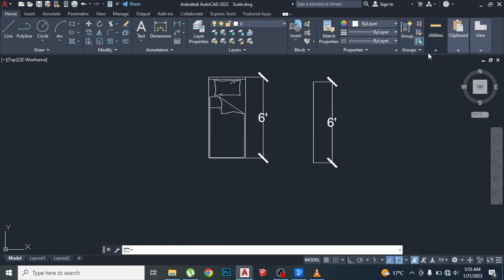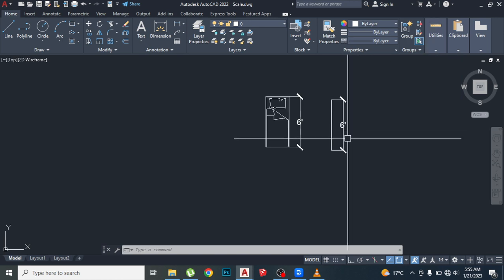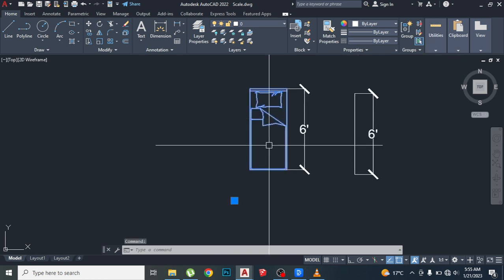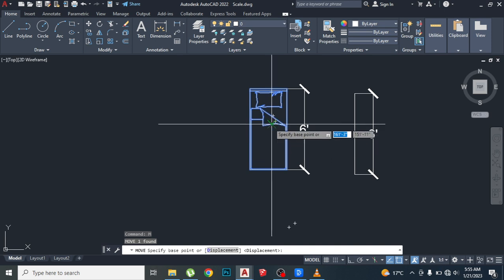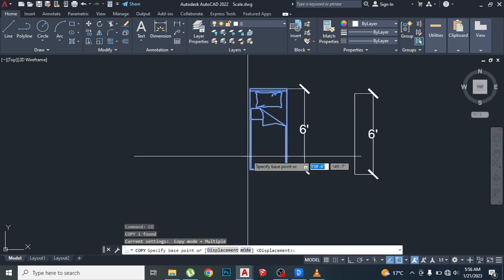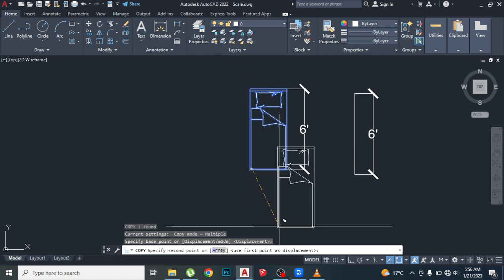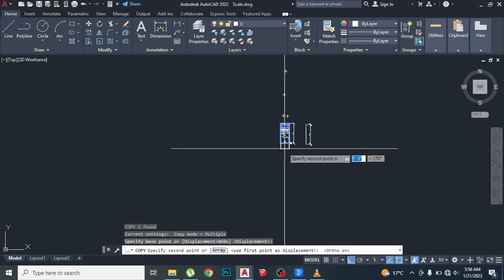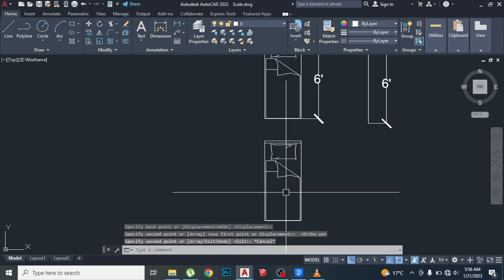Today we will discuss how to use an align command. For the purpose of the align command, I have already made a block, and in my previous session I told you how to make a block, and I will just copy it